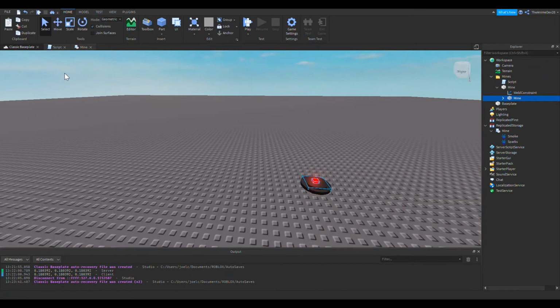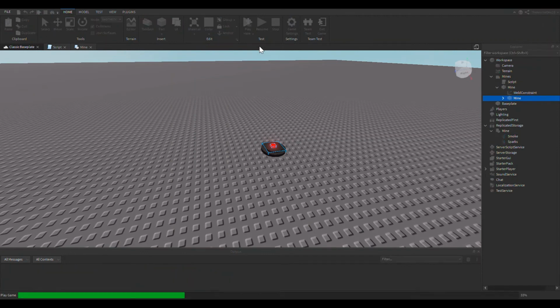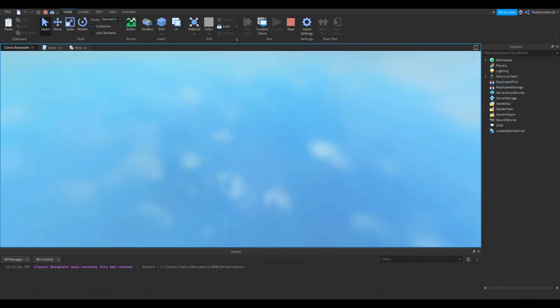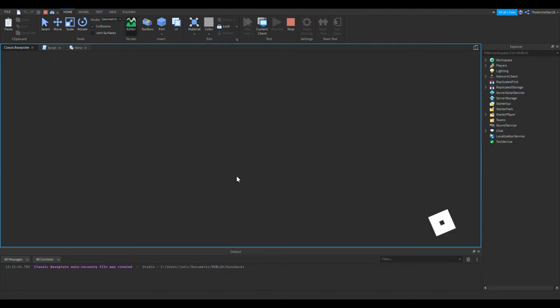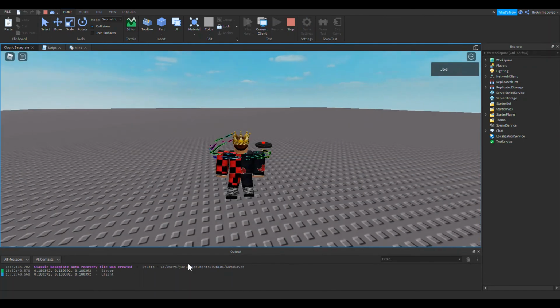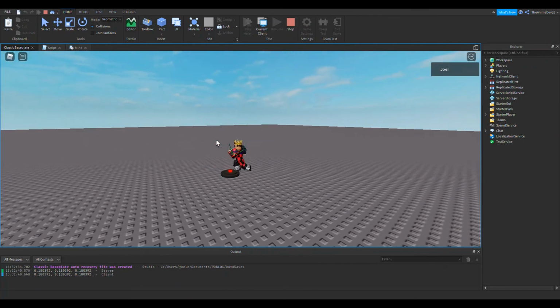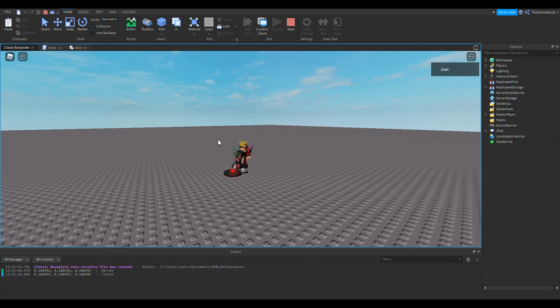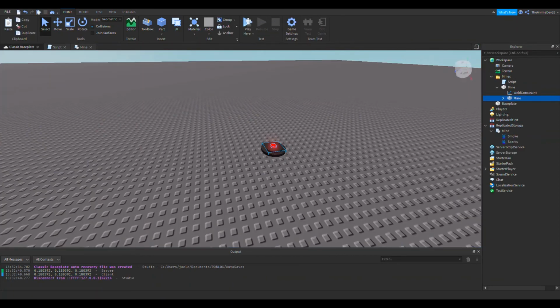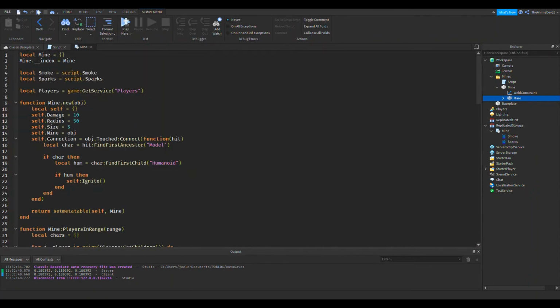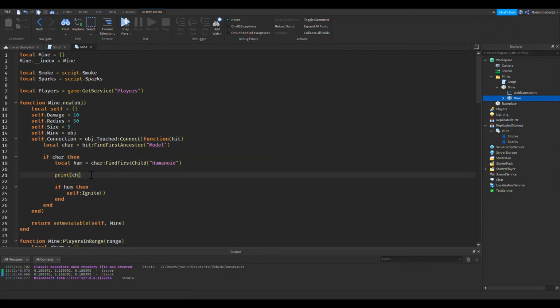Let's test this real quick. No errors that we can see. It's not running. Okay. We have a problem. Let's find this problem. We'll isolate it, fix it. So it doesn't seem like the touch event is running. So let's see. Let's do some bug fixing 101 here.